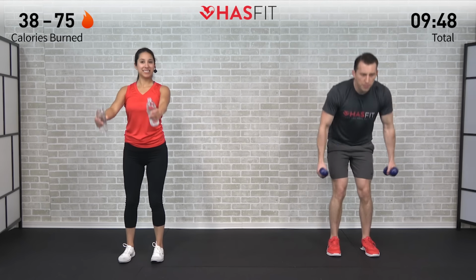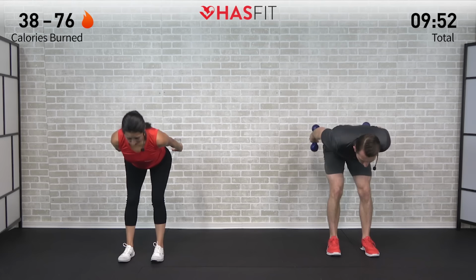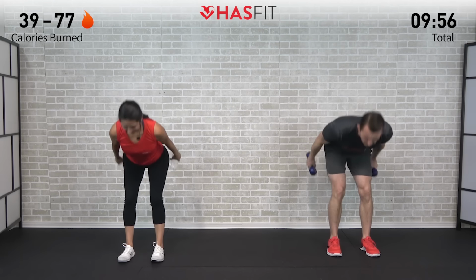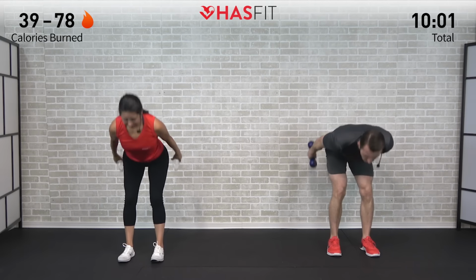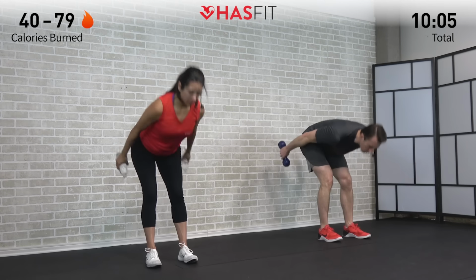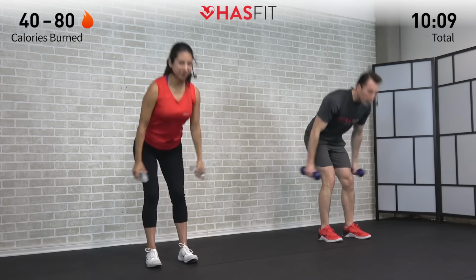We're going to drive your hips back as you swing your hands behind you. And then hips forward. Stand up nice and tall. Keeping good posture. Head stays in line with your spine. And don't turn this into a squat. We're hinging at the hips. Pushing those hips back, trying to touch your glutes to the wall behind you, and then squeezing those glutes up